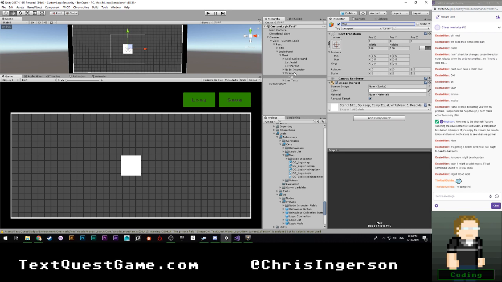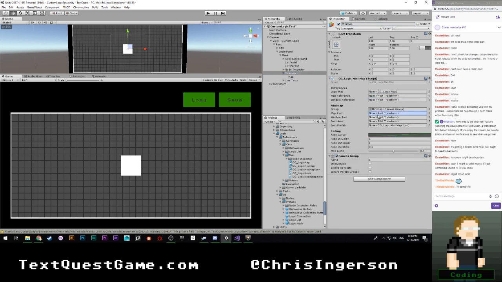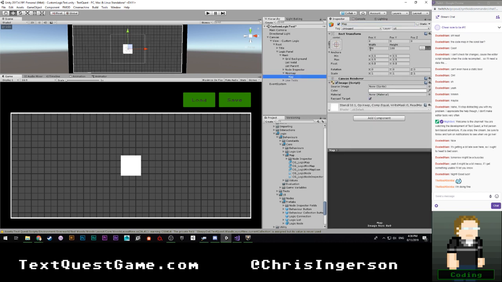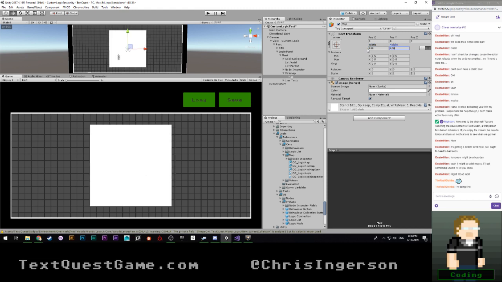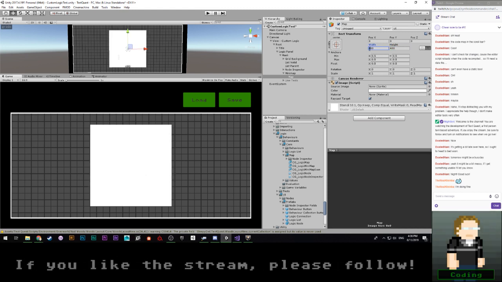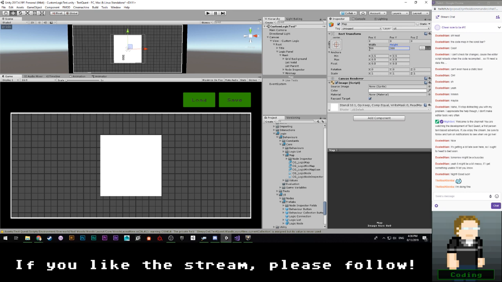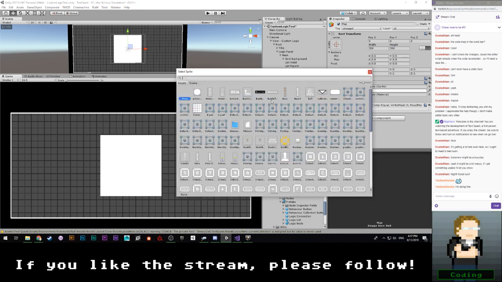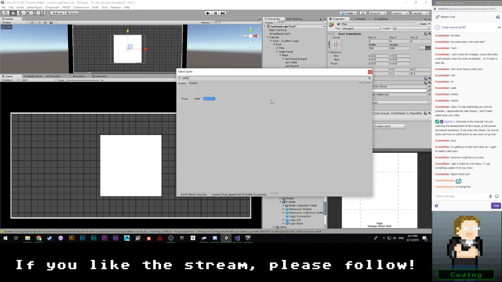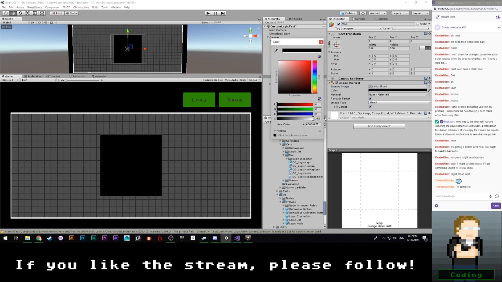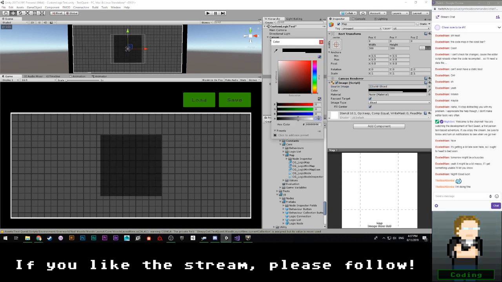It's not going to be anchored. We want that to be our map rect. For the time being, I'm going to hard code it to be like 400 by 400, so it's roughly correct. We might do like 300 by 300. Okay, I'm going to give this a solid sliced. I'm going to make this black with a transparency of like